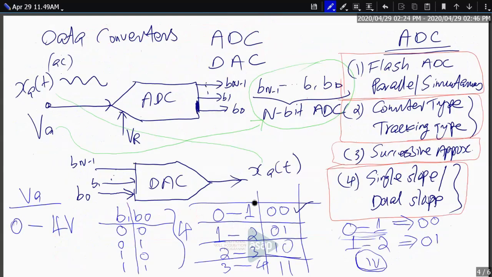The question is, what is the main purpose of converting analog signal to digital signal? Another question, will not the introduction of a decoder between the comparators and the output kill the main purpose of the flash converter? So there is a question on what is the very purpose of this analog to digital converter.